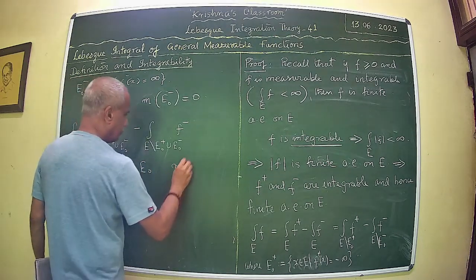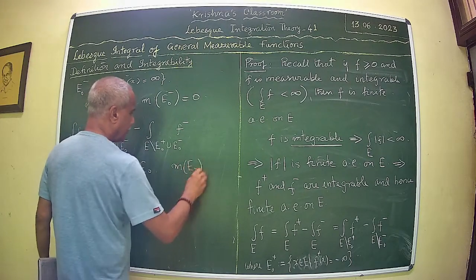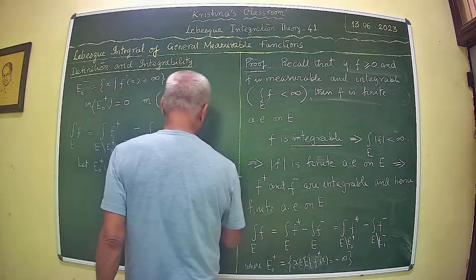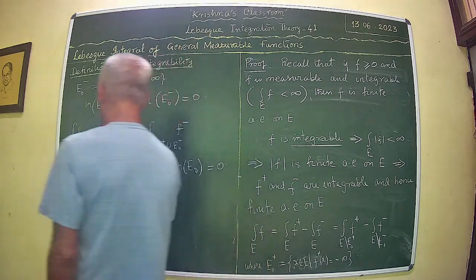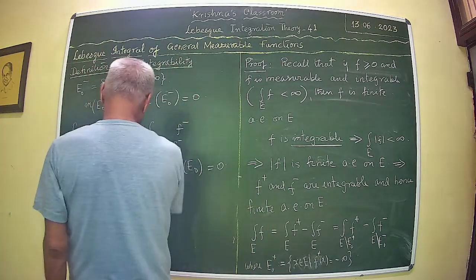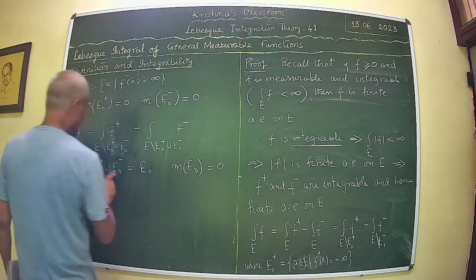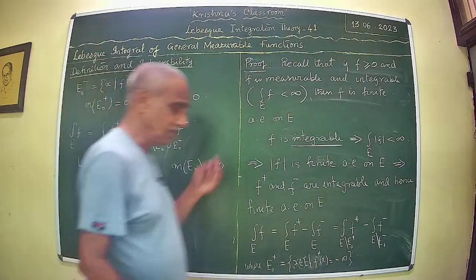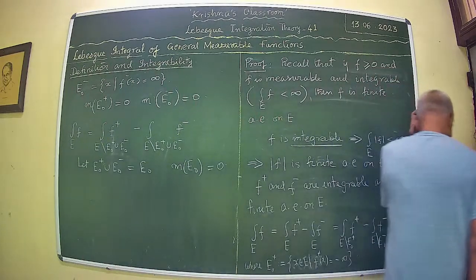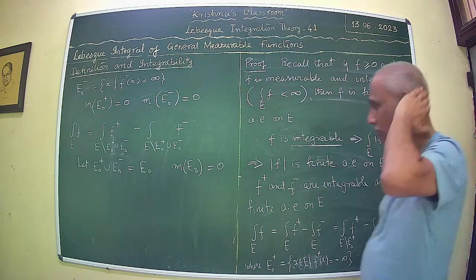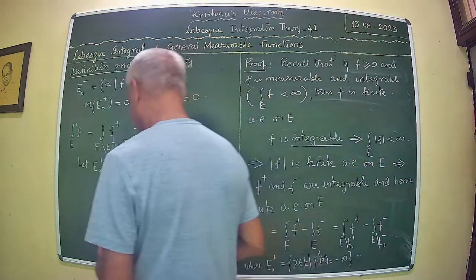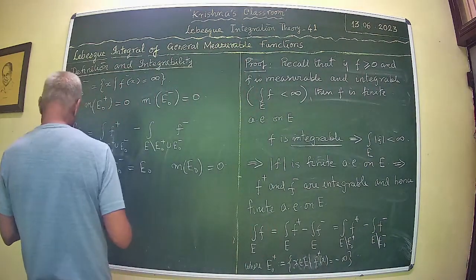And the measure of E naught is equal to 0. That is clear. So these sets need not be disjoint. This is equal to 0, and therefore